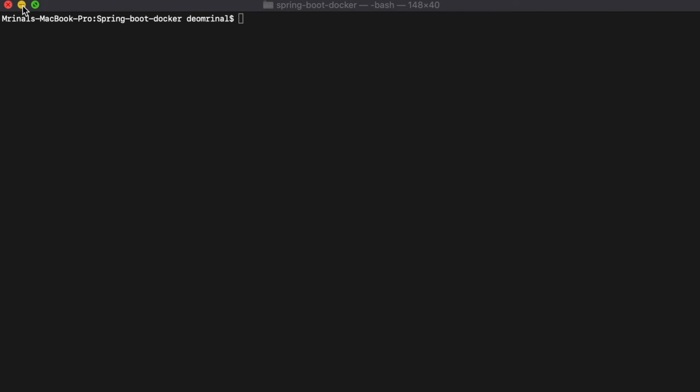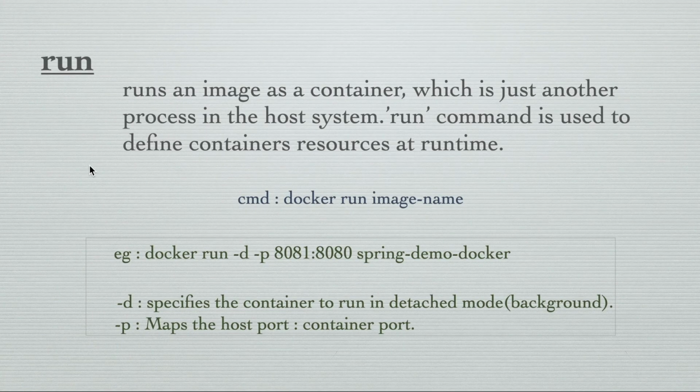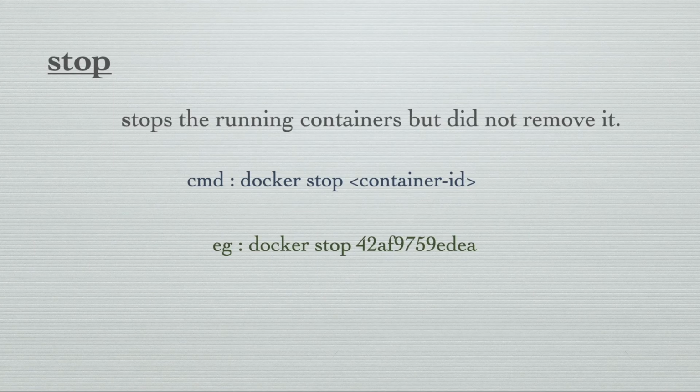Let me go back to the slide. After the Docker run command, the next command is stop. Now we know how to build an image from a Dockerfile and how to run that image as a container. Now we have to know a command to stop a container which we don't want to run anymore. The command for this is docker stop and then the container ID. How do we get the container ID? We can always run the docker ps command, which lists all the active running containers, and we can pick the container ID from the result and do docker stop and then the container ID. Let us go and see that.